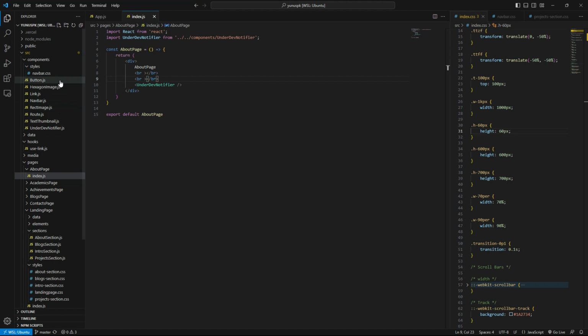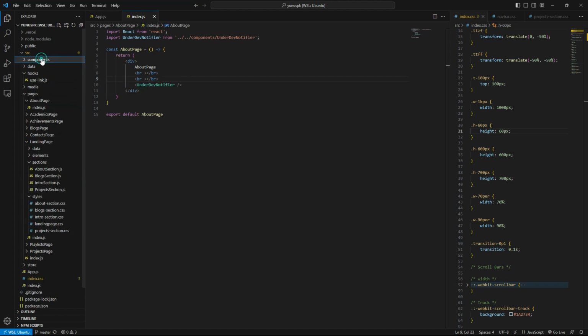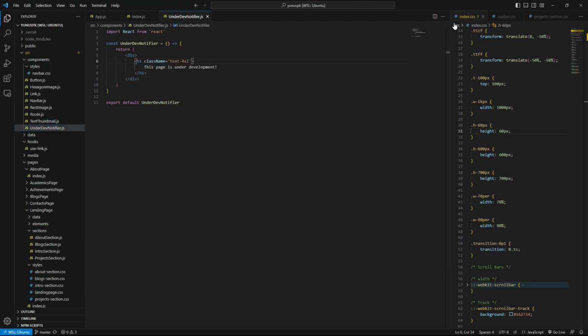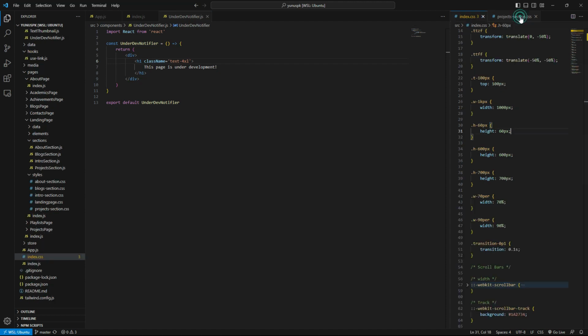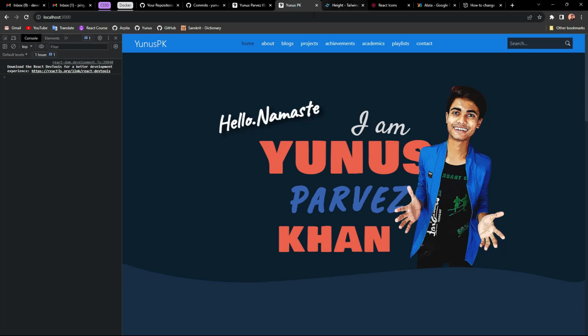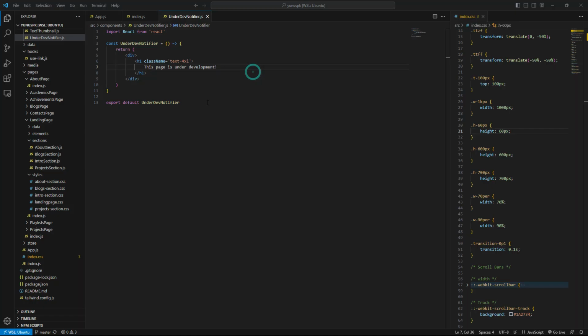So what I'm gonna do is I'm gonna go to the components, and under div notify, this one here, navbar css, I'm gonna cut that, and here. So it's under development. What I want to do is I'm going to create something rather than that.